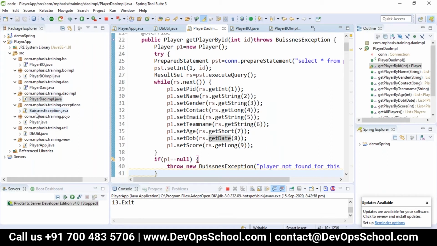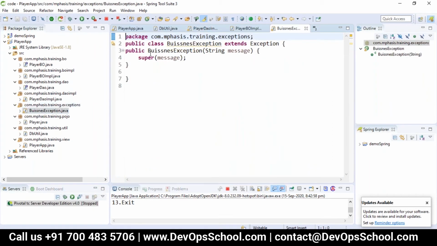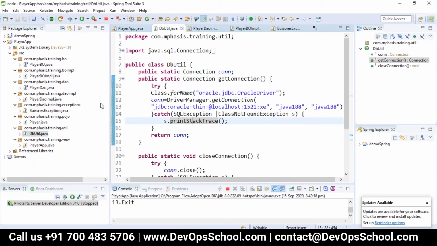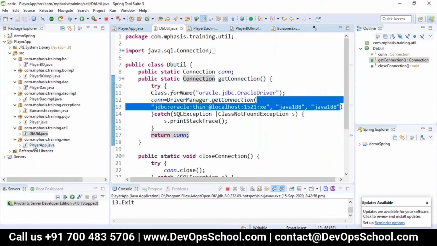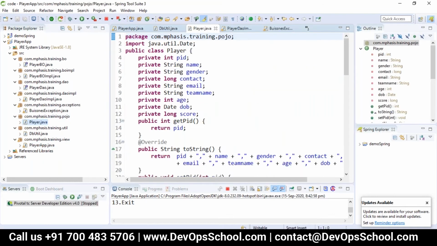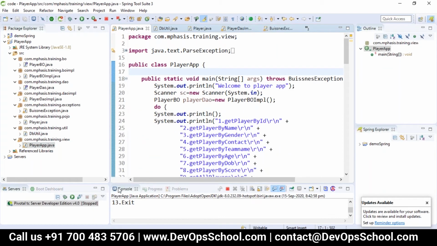To take care of our business exceptions, I have my custom exception. To establish a connection between the database and the application, we have the database util. Then the main method is there, and we have one POJO layer, Player, which has all the fields. This is our application.